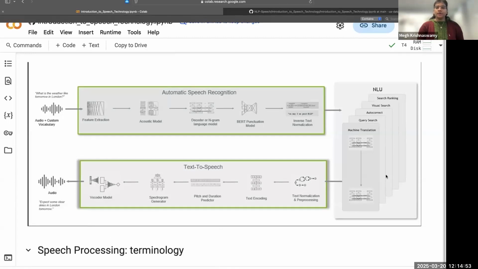Next, I'll move to a brief look at the pipeline that an ASR and a text-to-speech system uses. So if you look at this image, we have an input that is the question, what is the weather like tomorrow in London? Now, this happens to be an audio input. The first thing that happens is we want to make sure that the input that we're providing is machine readable somehow. So this includes the steps of feature extraction, and then once the features have been extracted, they pass through